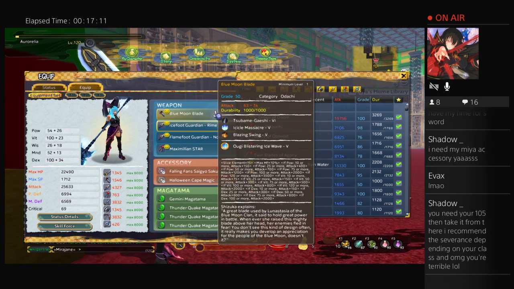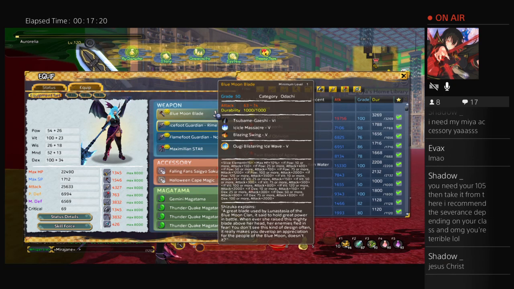That's all I really wanted to say, is that we had to point out the elephant in the room. Blue Moon Blade is a crutch after 105. Use it to get your 105 mags. Use it to get 105 weapons. Use it to get your air cleaving sword. All that stuff. But after Oshu,